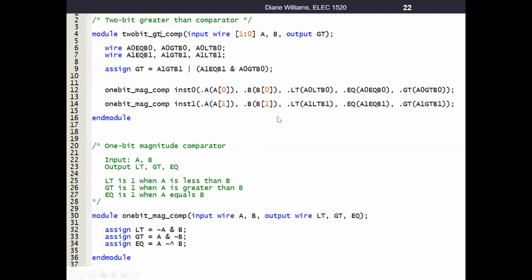And that is actually the end of this lecture. Like I said, it's going to be left as an exercise to the student. You've been shown the equality comparator and the greater than comparator; go through and implement the less than